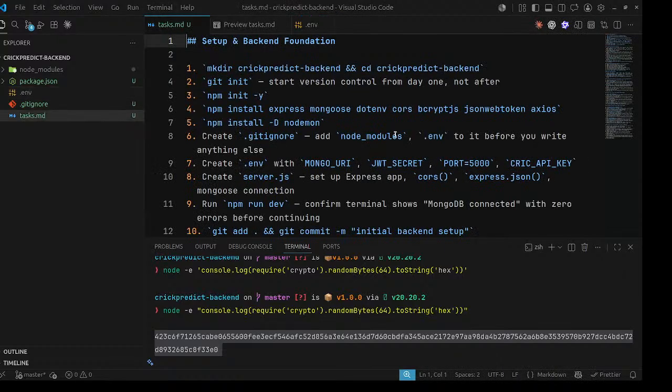Now what we need is the Mongo URI, which is for MongoDB.